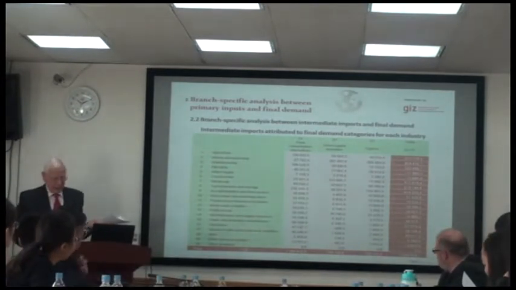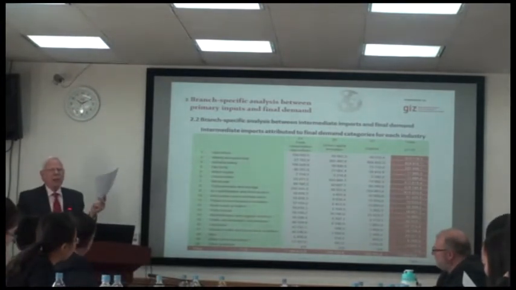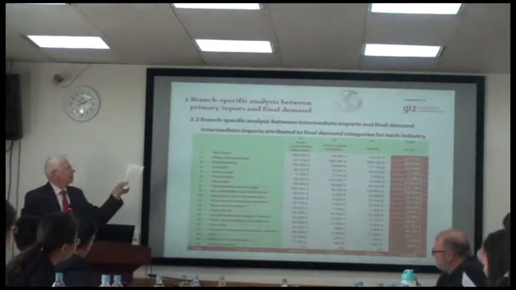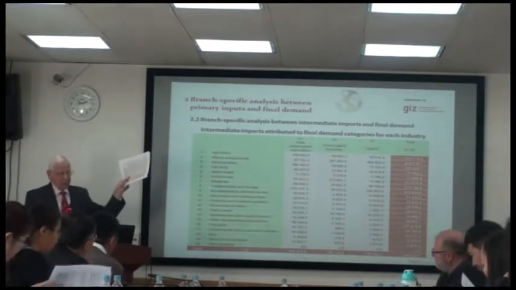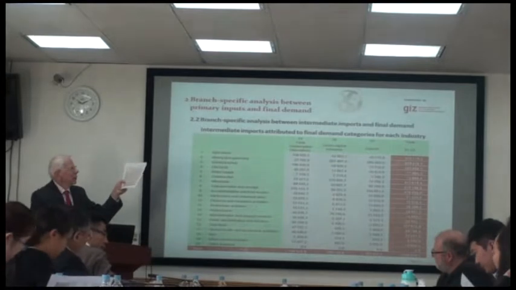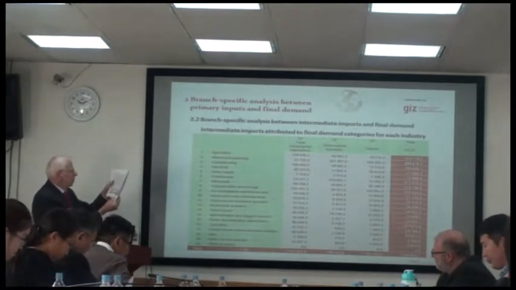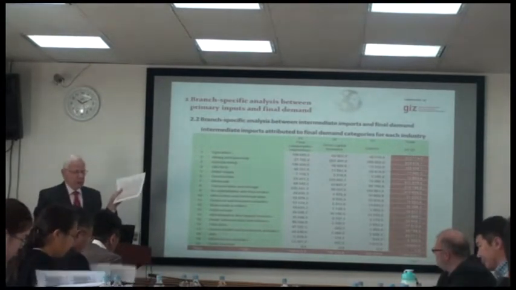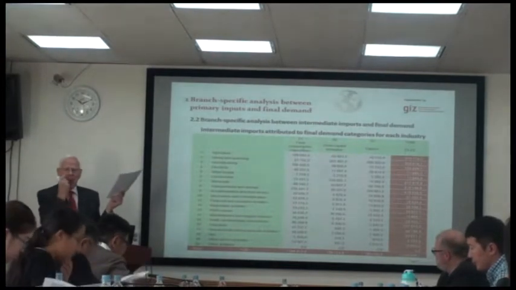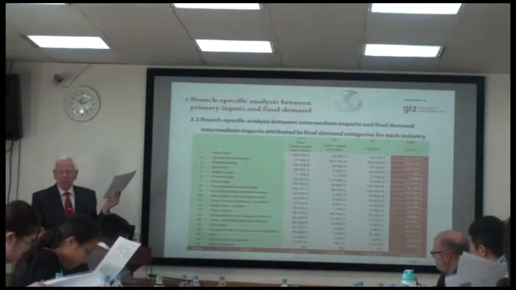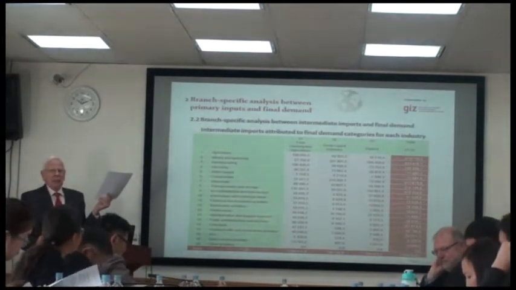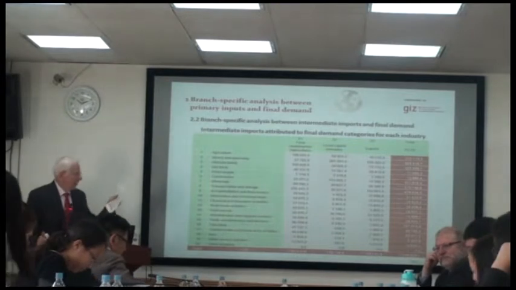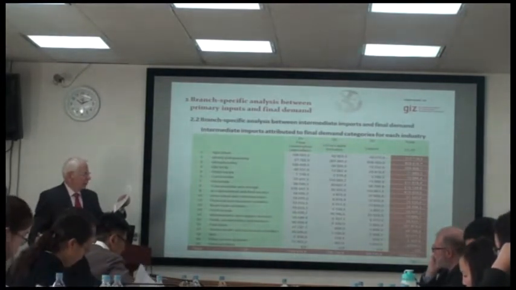Branch-specific analysis, you can also check the consistency with your basic tables. Look again to your input-output table, please. And look to the row of imports in your basic input-output table. That is row number 21, intermediate imports in the basic table. Look what figure you find for the first column for agriculture.